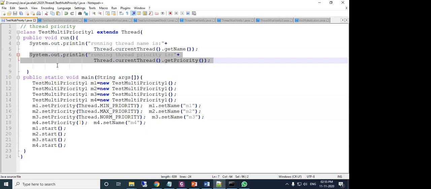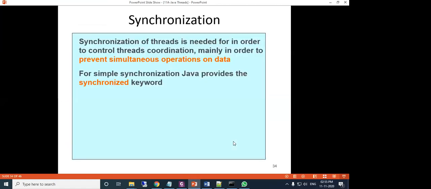Okay, so now we will see another program, which is actually today's topic: synchronization of threads. Synchronization of threads is needed in order to control thread coordination. It is needed mainly to prevent simultaneous operation on data. Everywhere there must be synchronization in any process. Otherwise, what happens? Suppose